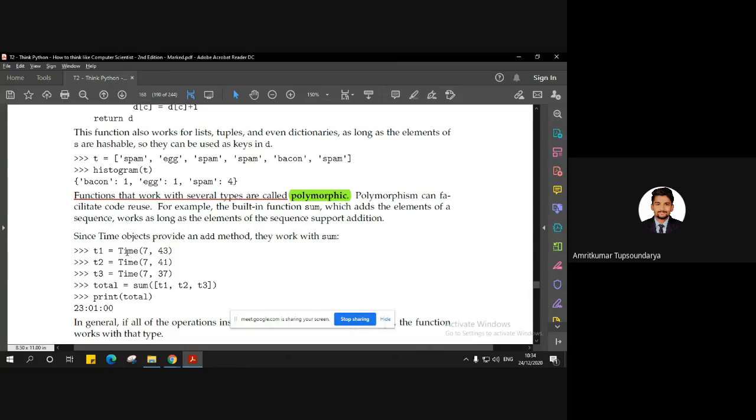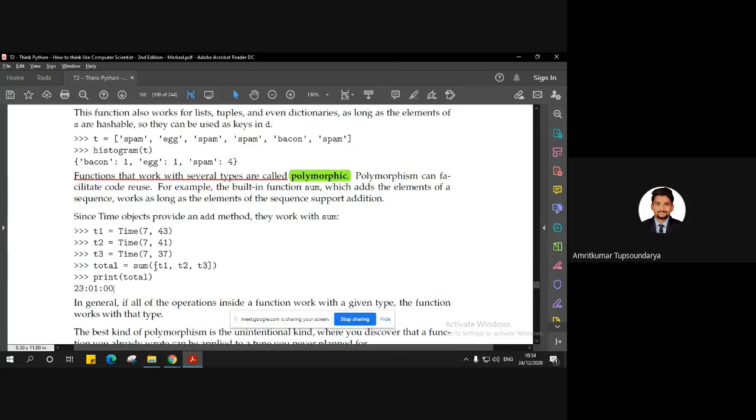So this is a simple example which we can relate to what we have already seen in the previous lectures, right? Here, instead of a simple integer value or any variable, what we are providing as an argument is a list, right? So instead of a list, maybe you can give a dictionary or a tuple. These are the different forms of the object which can be given as an argument here.